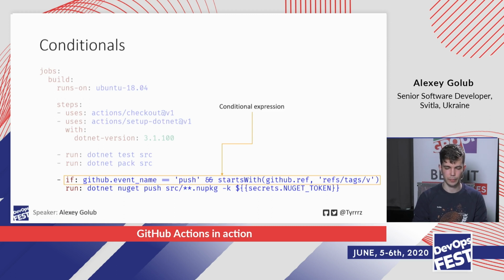As you can see, GitHub, the object here, is just one of the objects that are provided inside of this context, where you can access different information. So here we have event name, also ref, which is the ref tag, and there are a few other things you can get out of there as well. And of course, GitHub Actions also provides some helpful functions like starts with, so you can use different operations on strings and stuff like that. So those are also listed in the documentation that you can look at.